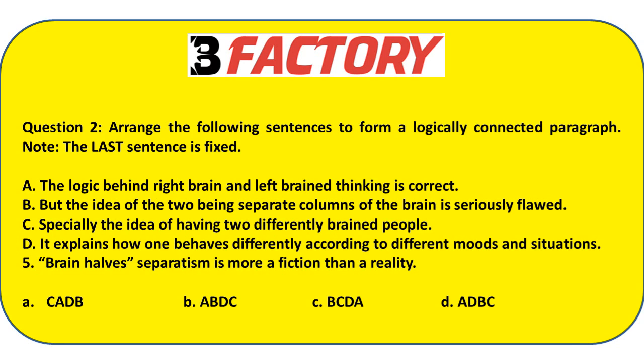We can see from the question that A and D form a connecting order link. This is because A talks about a logic and D provides an explanation to the logic supporting the idea. We can also say that B and C form a connecting order link. This is because B is talking about the idea and C is a continuation of that idea. Since A and D and B and C form connecting order links, the answer is ADBC.